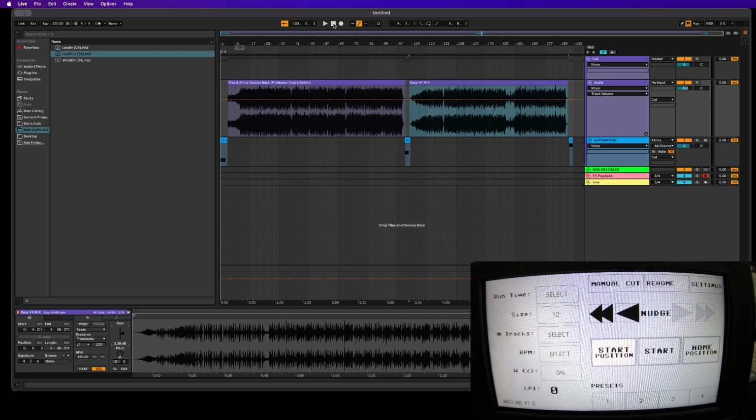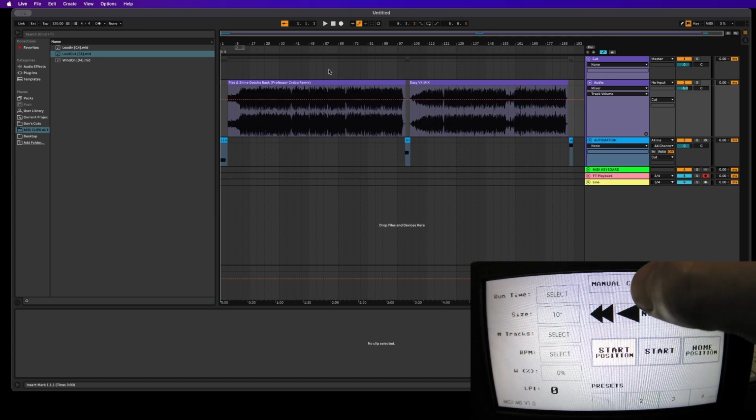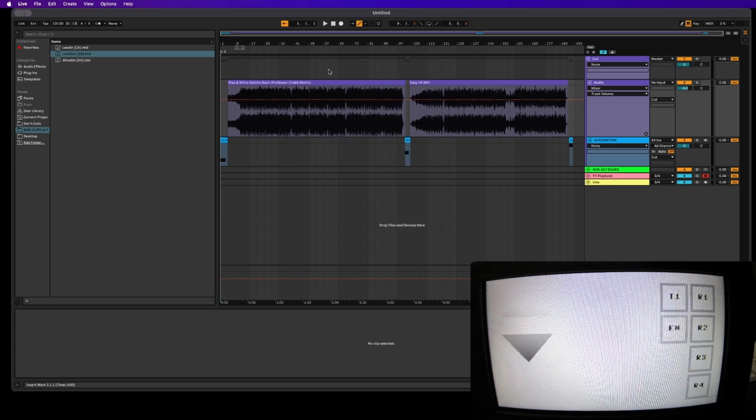So that's how you set up your program. And what we'll also do is map the MIDI notes, or assign the MIDI notes to the transport functions within Ableton. So the way that we do this is via the manual cut page. So go into manual cut,